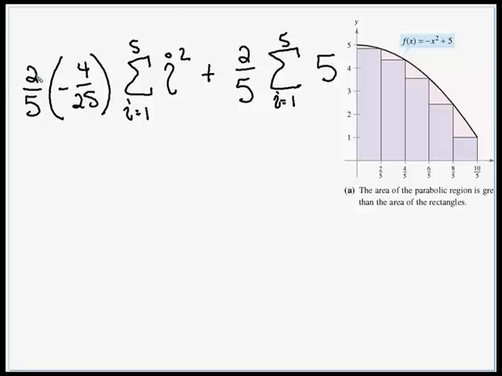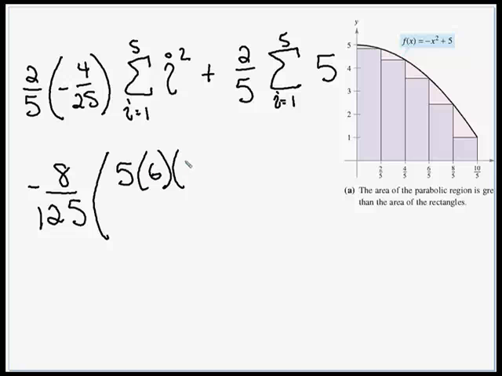So, let's see, should we do anything with this right now? Yeah, why not? If we multiply straight across, we're going to get negative 8 over 125. And then we have our summation. Now, i squared was the same thing as n times the quantity n plus 1 times the quantity 2n plus 1 all over 6. And our n value is 5. So it's n times n plus 1 times 2n plus 1 all over 6